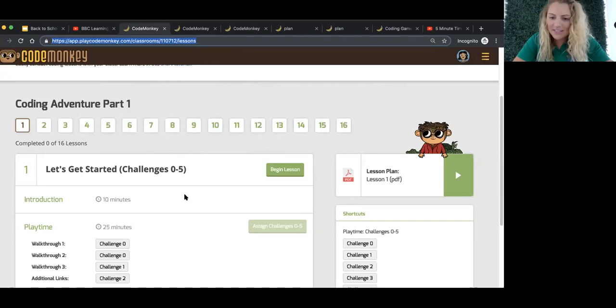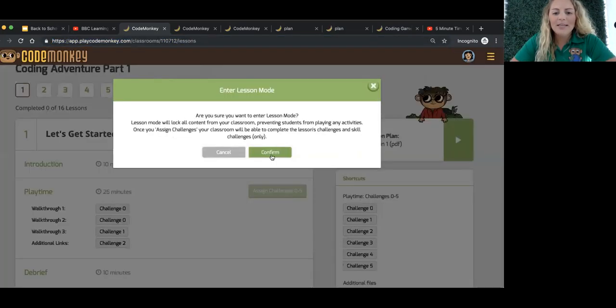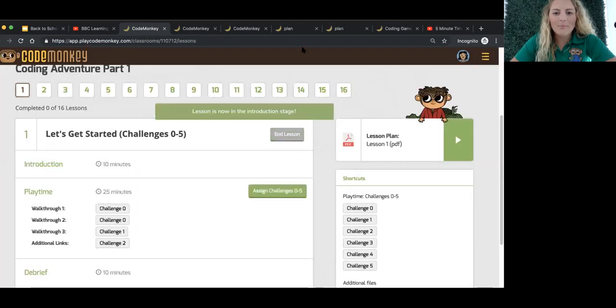All right, so now let's go ahead and get moving here. So here I am in lesson mode. And like I said, if you're not sure how to get there, there's many ways. You just go from the classroom dashboard, the See My Classrooms, click on your classroom, and then it'll populate right into this lesson mode here. So here I am on lesson number 1. And what I'm going to do is begin the lesson. Once I confirm begin lesson,